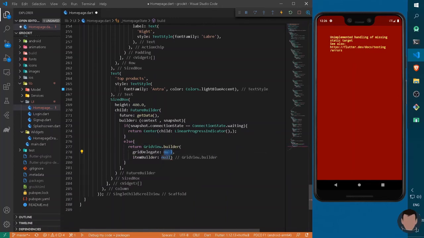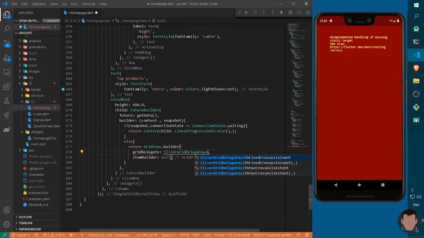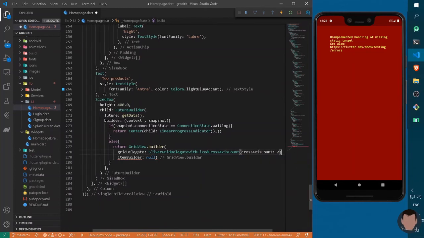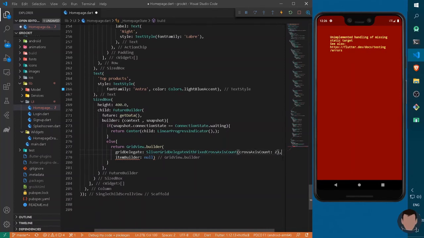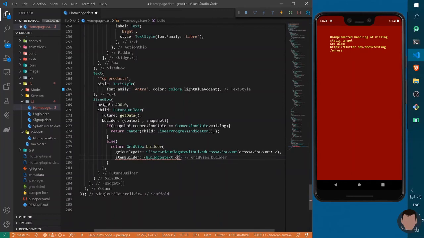So in gridDelegate we can type here SliverGridDelegateWithFixedCrossAxisCount. Now we have to give crossAxisCount, let's say 2. So let's say we have 2 items per row, as well as an itemBuilder, let's give it a semicolon here. Now in terms of itemBuilder, it will take a BuildContext of context as well as an integer of index.